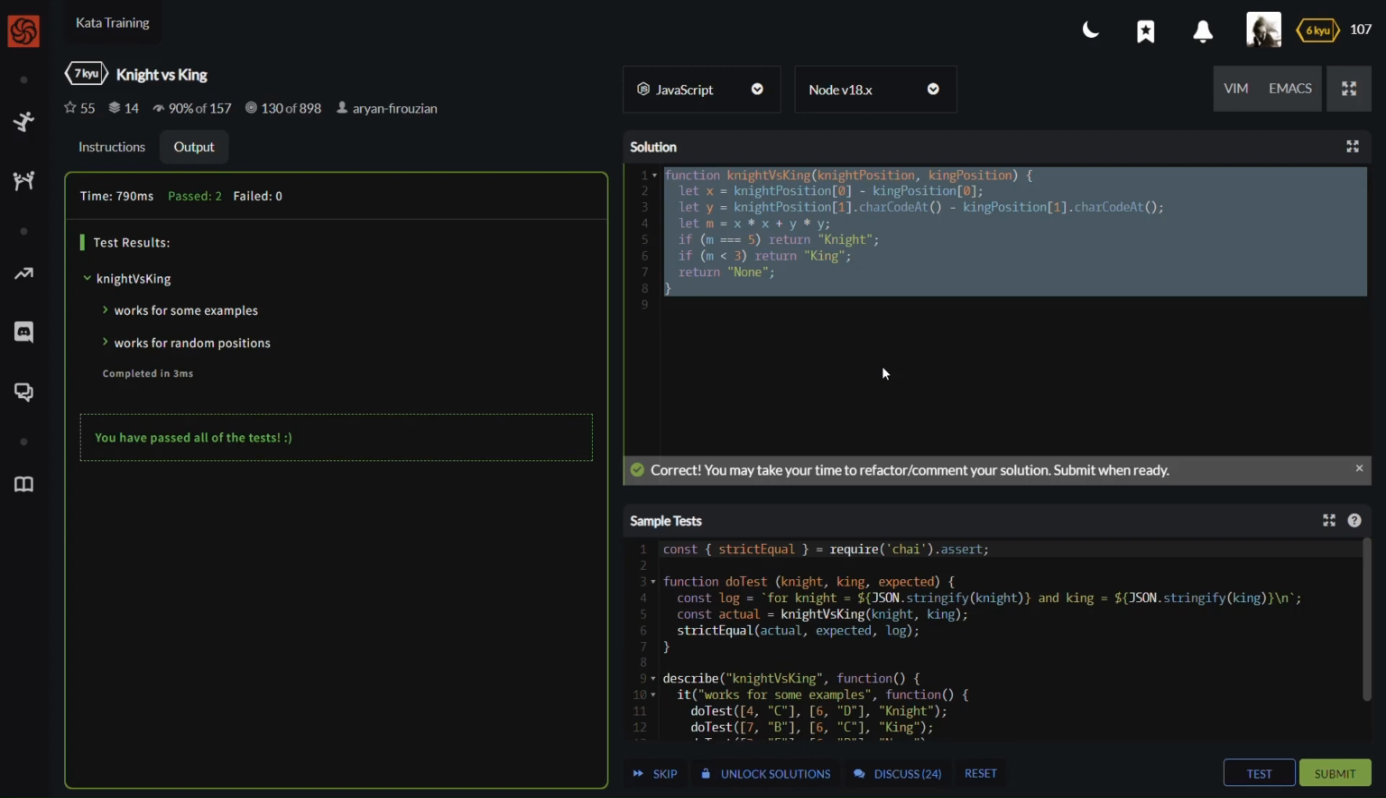To determine y, we must first determine the ASCII code of the character that represents the y coordinates of the knight and the king using the charCodeAt technique, and then deduct the king's ASCII code from the knight's ASCII code. The square of the distance between the knight and king, denoted by m, is then calculated by using the Pythagorean